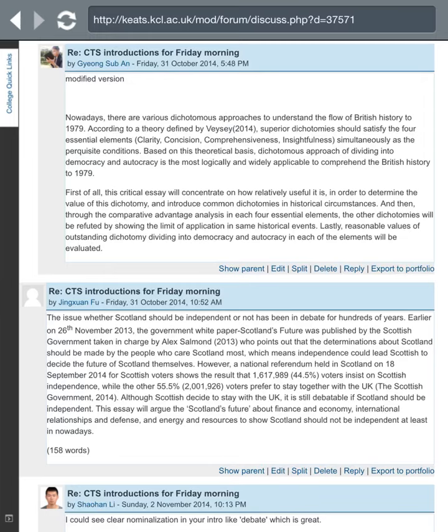"Superior dichotomy should satisfy 4 essential elements: clarity, concision, conciseness, comprehensiveness, insightfulness." As prerequisite conditions for what? You need to explain that much, much more. Okay, so you haven't explained the theoretical basis. You've just quoted Versi